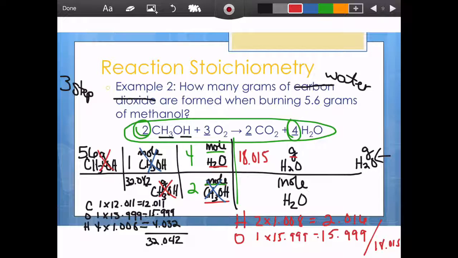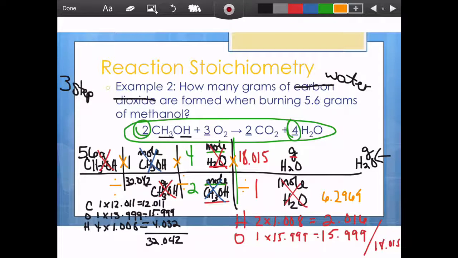I always have 1 mole on the other side of grams, so I'm going to put that down below. My moles of water cancel out, and I'm left with grams of water. When I finish my problem, I need to multiply through everything on the top, and I divide everything on the bottom. With that, when I solve my problem, I get